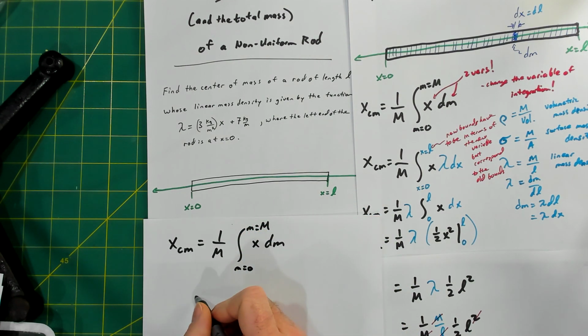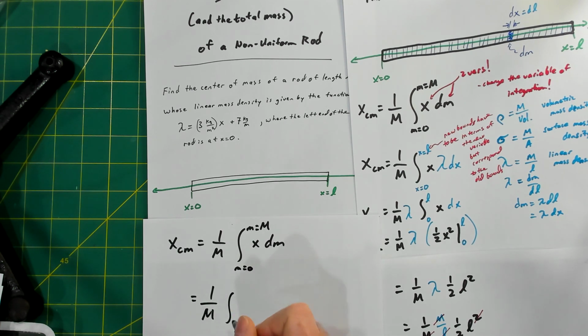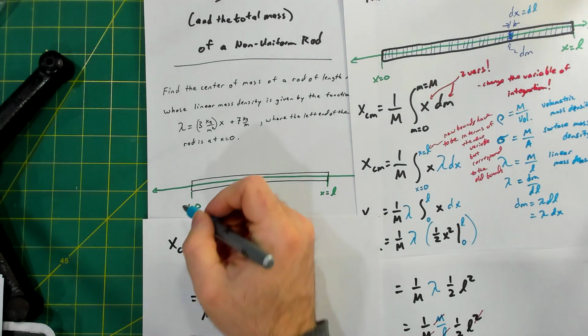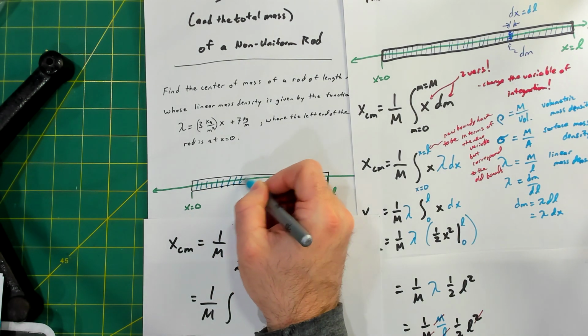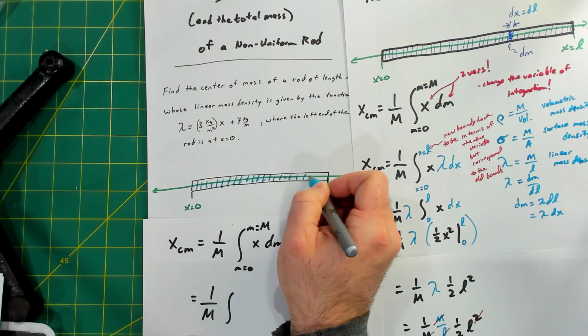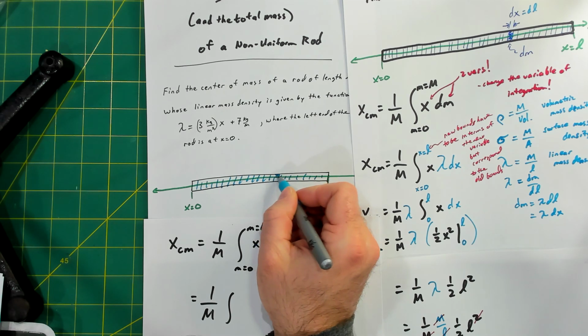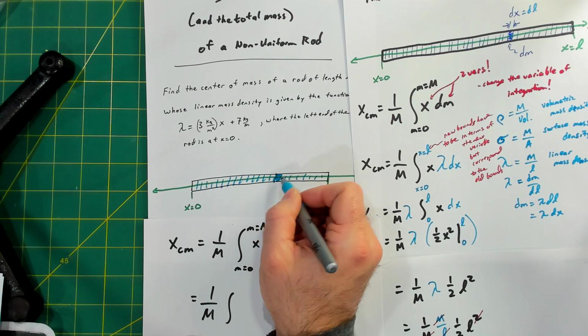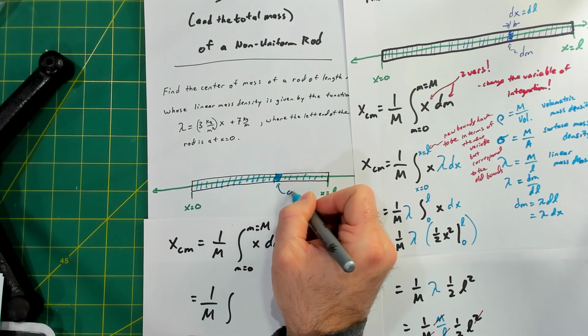I'm going to take this rod and slice it up into a bunch of little pieces. Each one of these little bits is a little dm,